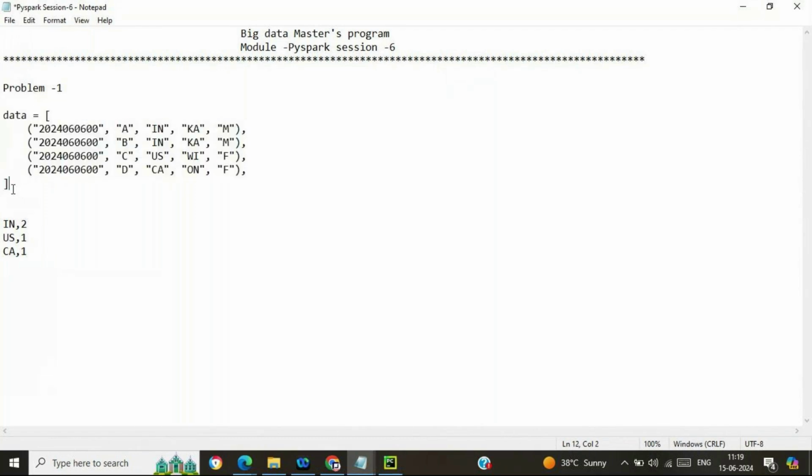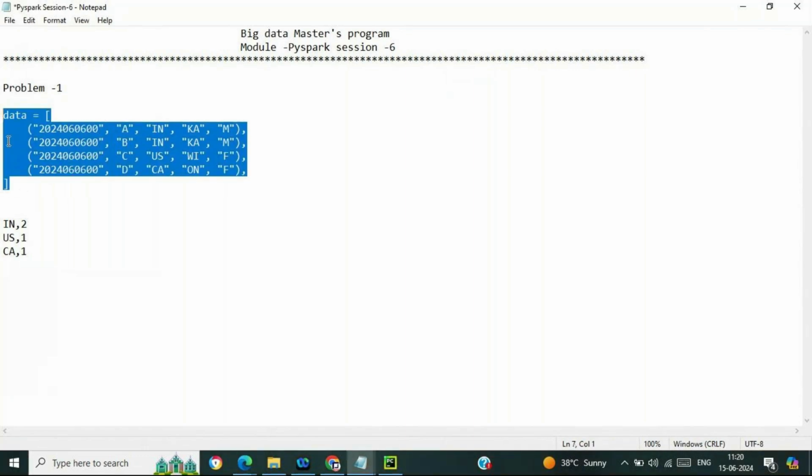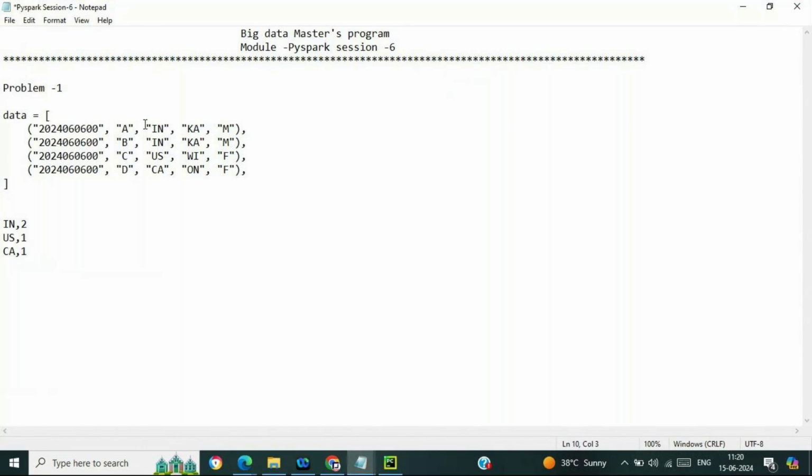So before splitting, you are going to create an RDD on top of this data. Yes. First, we need to create an RDD using the parallelize function because it's a list. I think the data is already split. No, no. It is already split, so you need to extract the right content. You need to fetch the right index. Okay. What next?